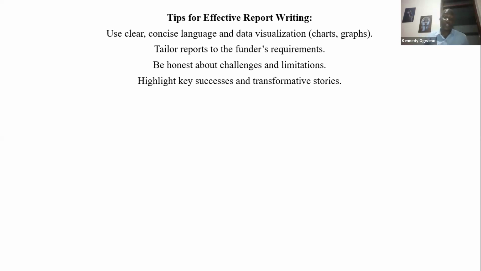That's why, when I talk about limitations, sometimes when you're writing a proposal, you say a proposal cannot be 100% perfect. That's why we have what we call limitations as part of that proposal. What are some of the foreseeable limitations?